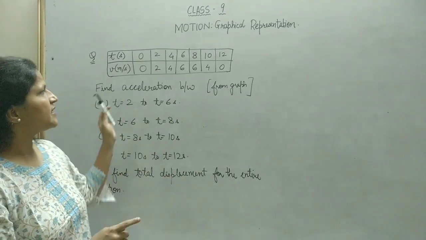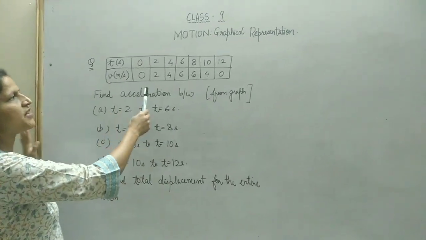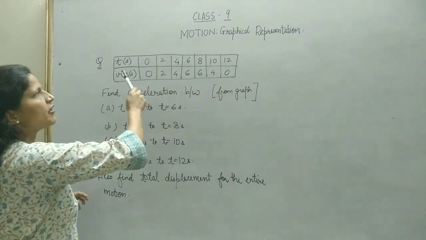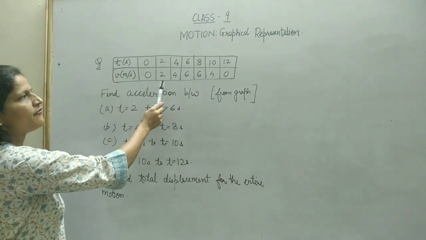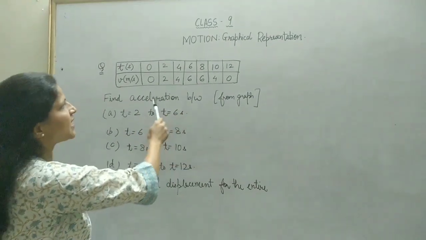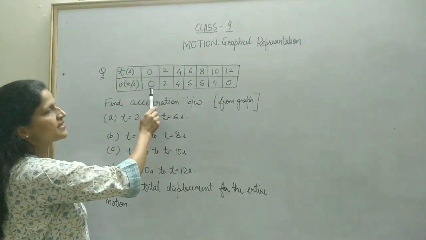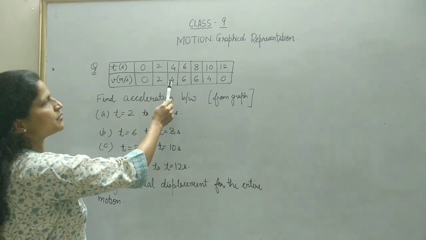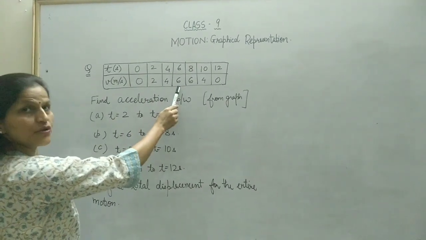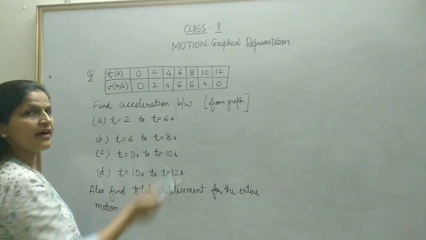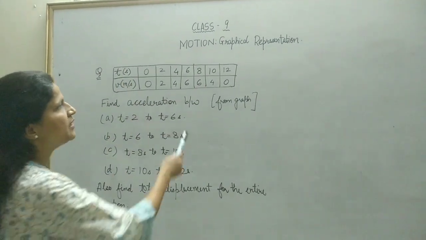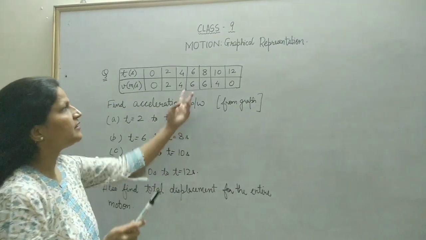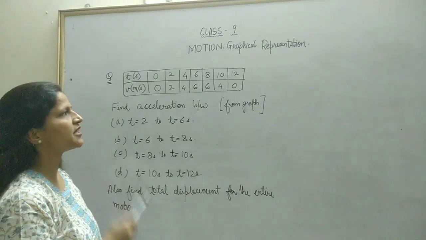Please do this. This is a question where the observations are taken from t equal to 0 to t equal to 12 seconds. For these timings, different values of velocities are also mentioned. You can see that velocity in the first 2 seconds is changing from 0 to 2, then in the next 2 from 2 to 4, in the next 2 from 4 to 6. Here it looks like a uniformly accelerated motion. So your graph should be a straight line as we got in the previous one. Then from 6 to 8 the velocity is not changing. It means that here the body is moving uniformly with a constant speed.